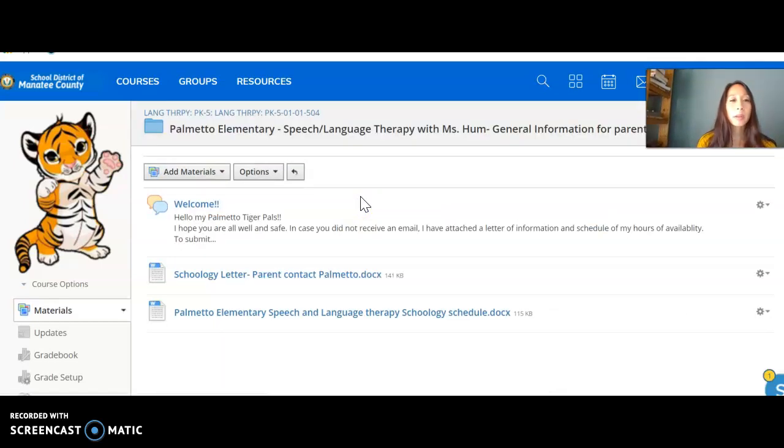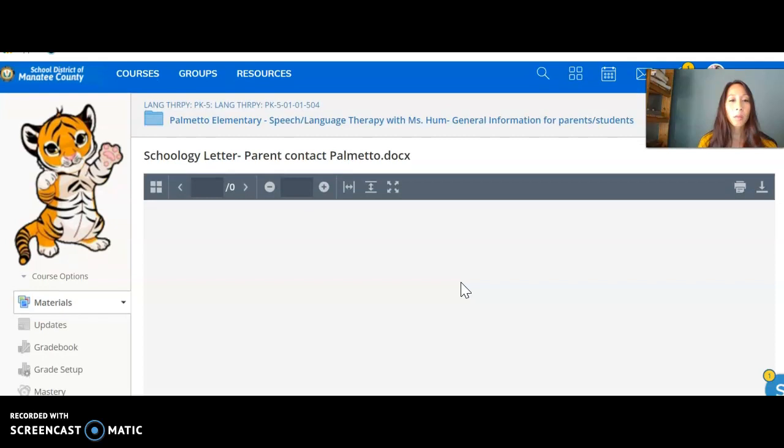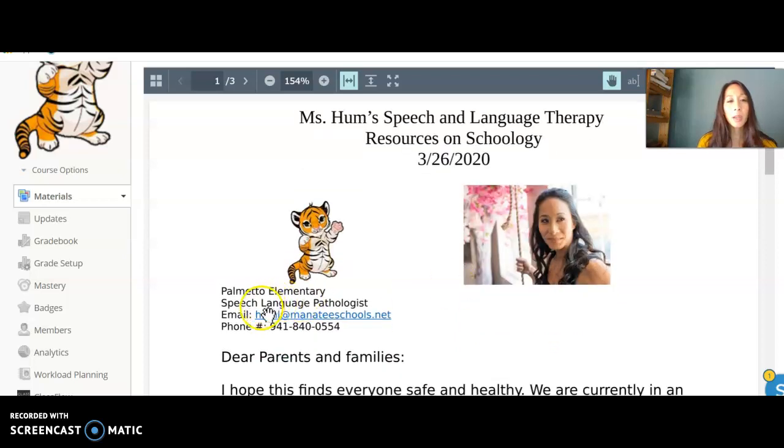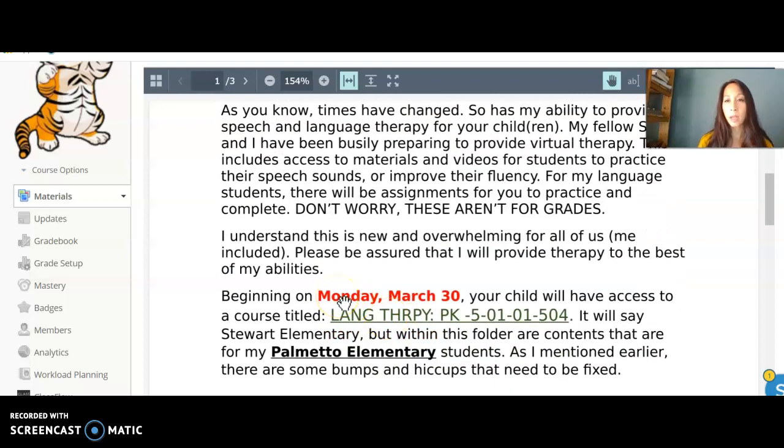I have a letter here that is in English. It is parent contact information for me. It will have my email and my Google Voice phone number, as well as telling you that speech therapy starts on March 30th.